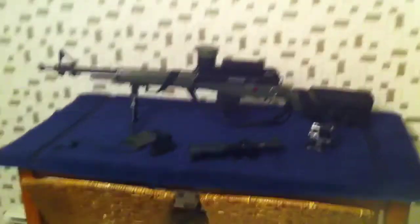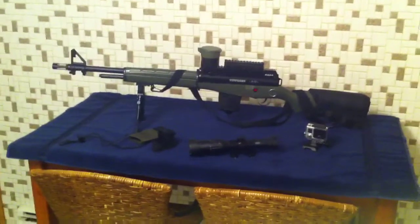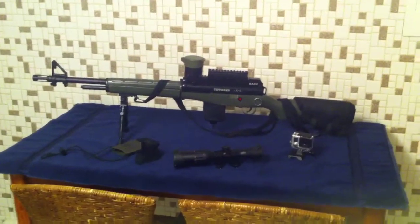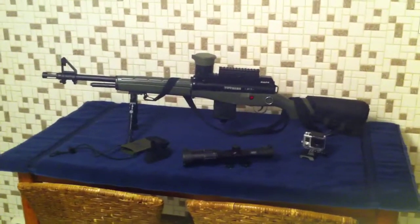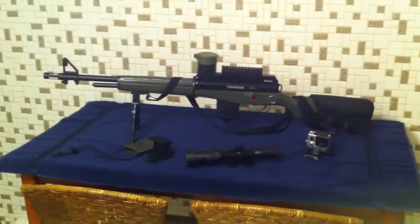Alright, so there you go. You seen us shooting. And like I said, I was pretty amazed at how far and accurate it shoots for not being a first strike. So there you go. That is my custom A5 Pro M14,